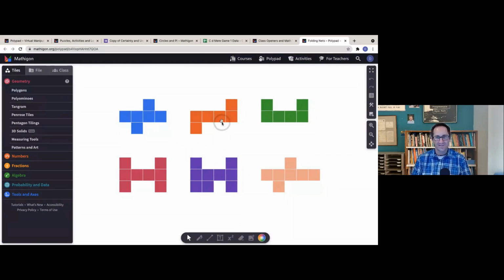mathagon.org/teachers. Thanks, Ralph. You think the orange is going to make a box? Awesome. You think the green one will be an open box with the two top squares overlapping? Cool. Green is an open box. Awesome. You agree about the green? Yeah, cool. Awesome. Thanks for participating, everyone. Nice to see the ideas.